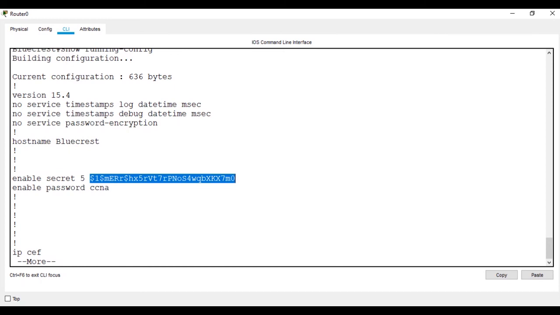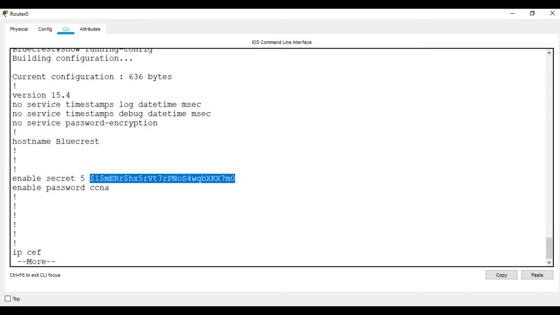So these are the two processes by which we can provide the enable password. Whenever we log into remote routers, it will prompt for the password. If anybody wants to access that password, it will not be easily visible.